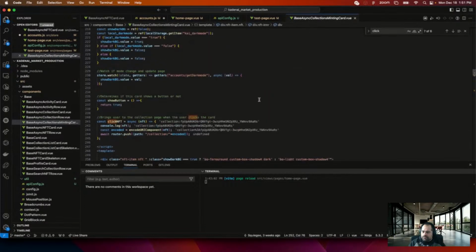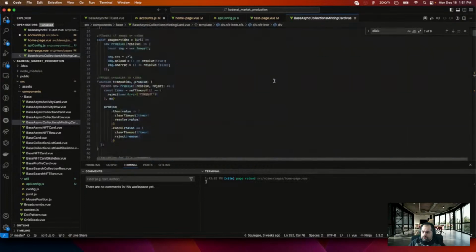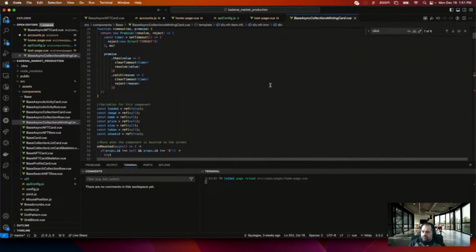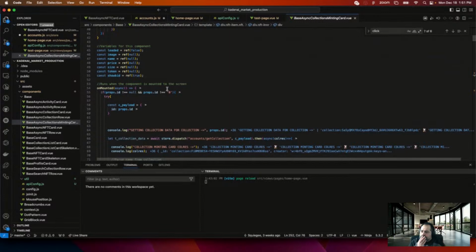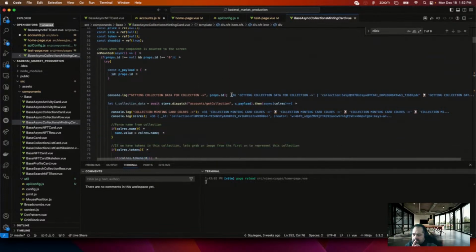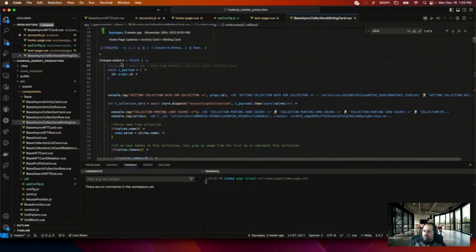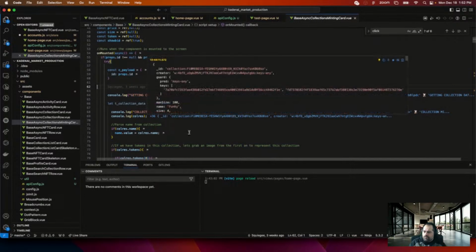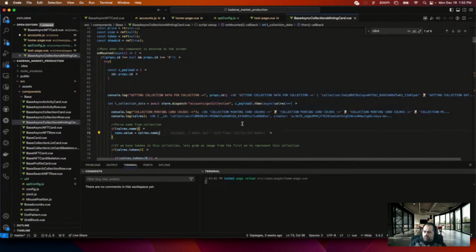Where are we getting our list of collections from in here? Loaded, no, none of these. Getting data. Where's props.id coming from? Runs the component. Get collection.